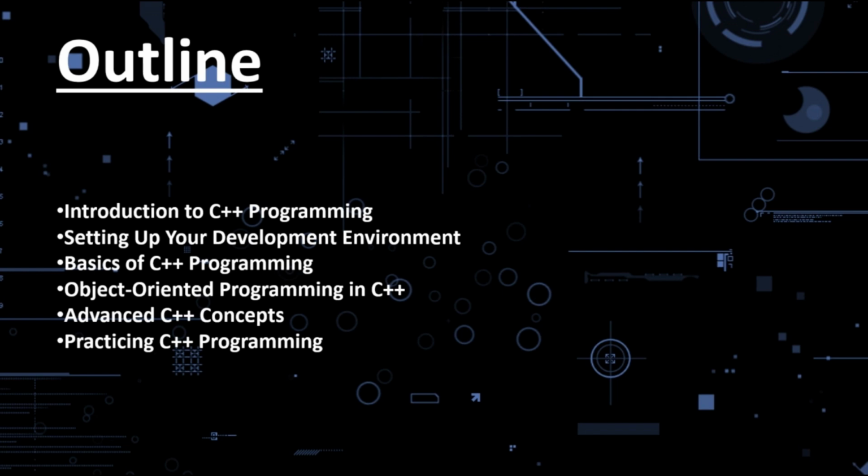Additionally, you will gain insights into the standard template library, STL, a powerful collection of pre-built containers and algorithms that simplify complex programming tasks. Practicing C++ programs is essential to mastering C++. In this section, you will apply your knowledge by working on hands-on projects, coding exercises, and